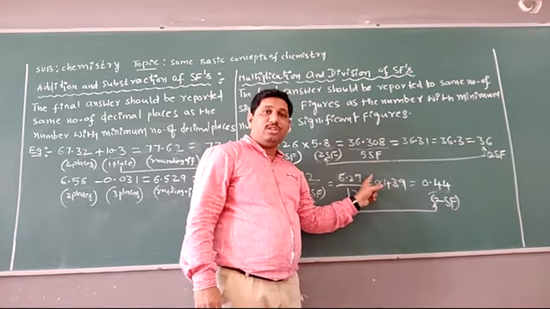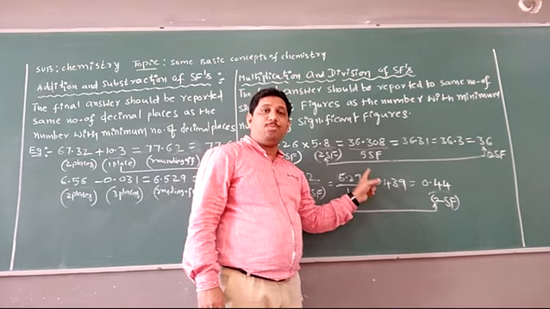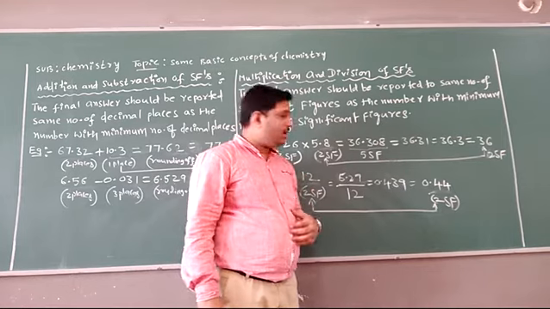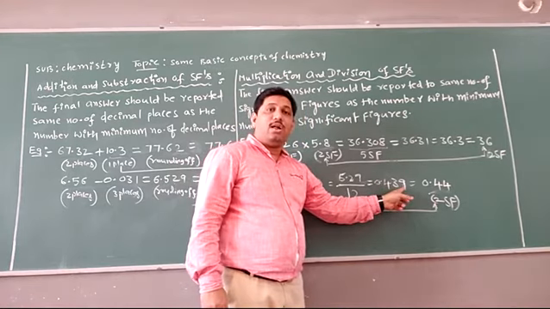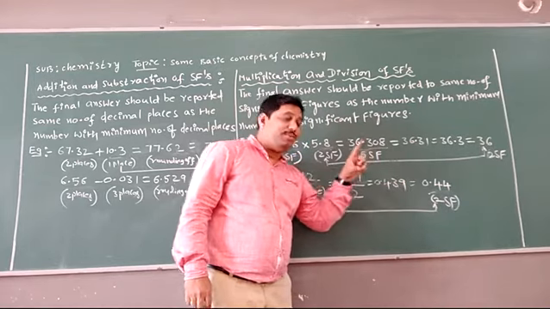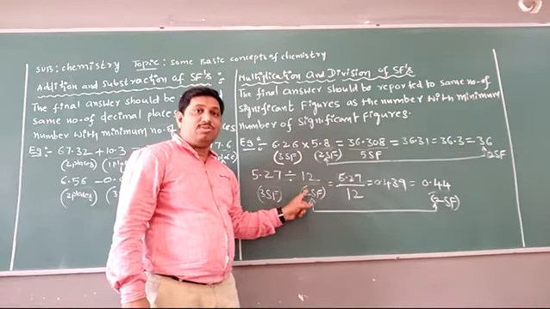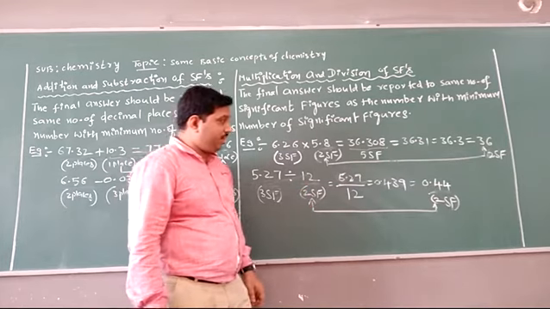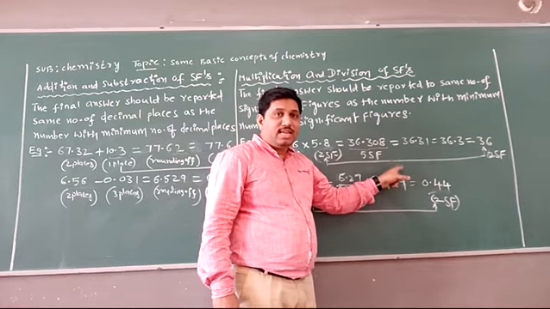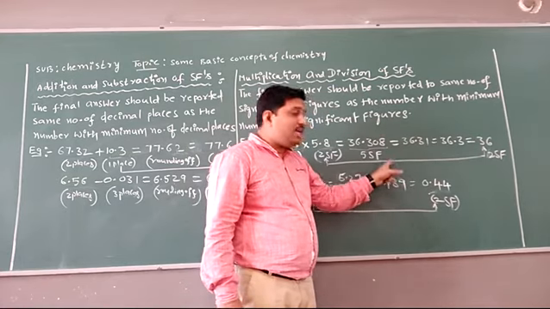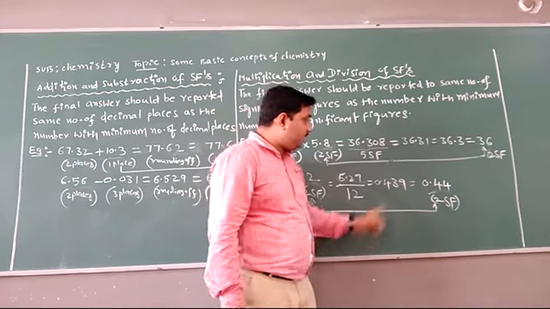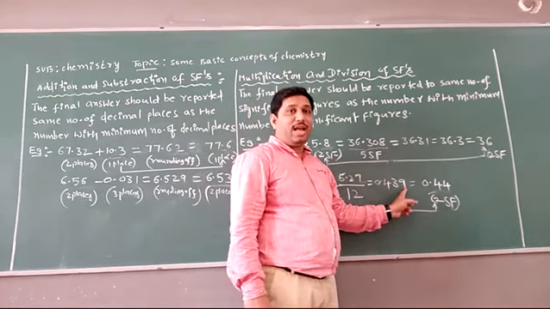Always the 0 present before the point is not significant, it is just the 0 to indicate the decimal point. Whereas in 439, all the non-zero digits are significant. Here 3 significant figures are present, but the final answer is reported to the minimum number of significant figures. Hence the last digit is to be dropped. The 9 is greater than 5 such that the preceding number is increased by 1 unit. Hence 0.439 can be reported as